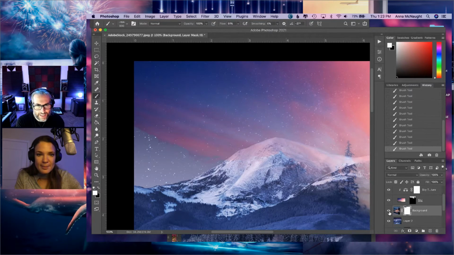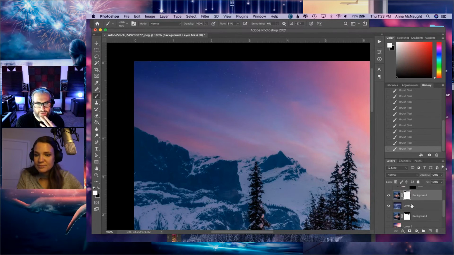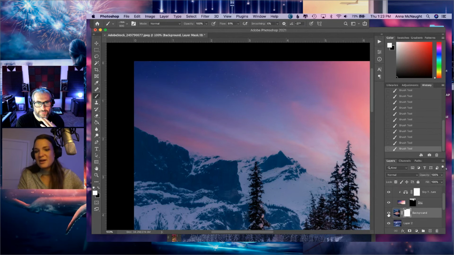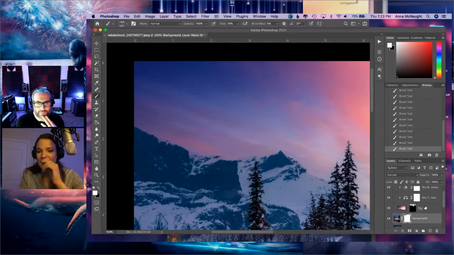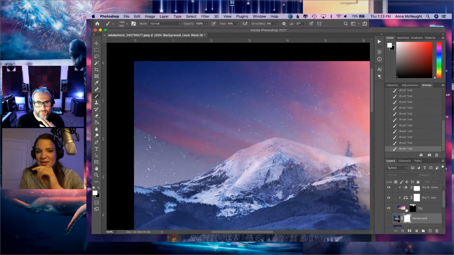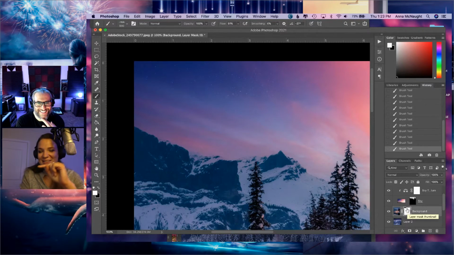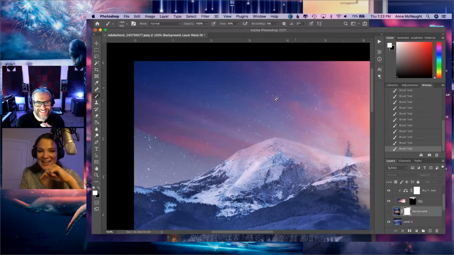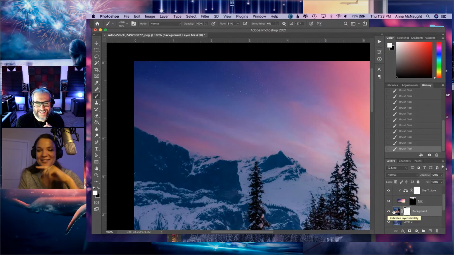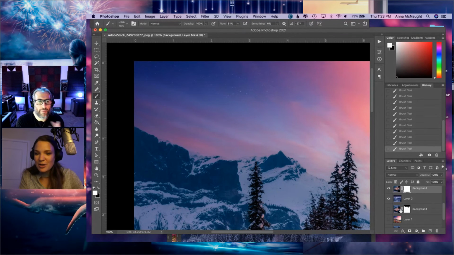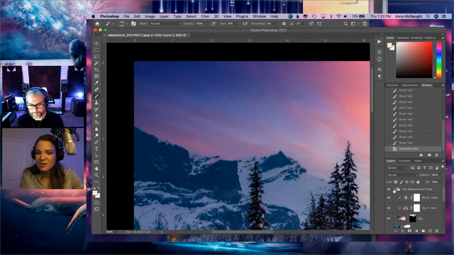Let's see. Yeah, and I like how you're keeping it very subtle, and it's working nicely. It's actually picking up. So this is interesting. From the sky replacement, when it's blending the 2 sky backgrounds together, it's removing the layer mask and taking the sunset and blending it with the stars. Right. So that could be something we could work out because I would want the stars to shine through nice and bright. Let me just copy this layer and I'm going to turn this off.